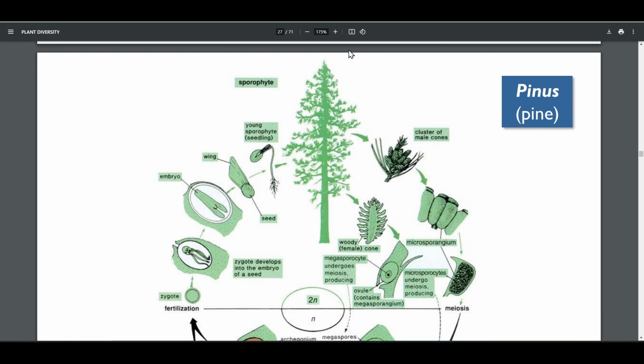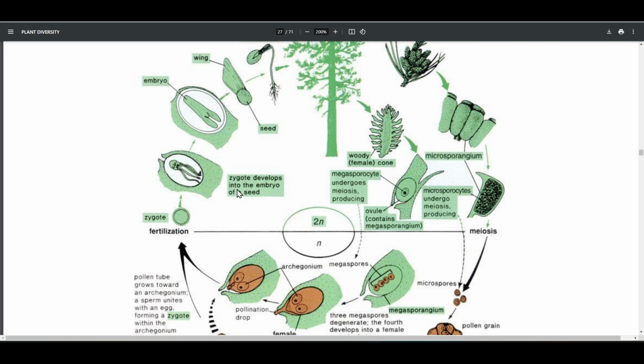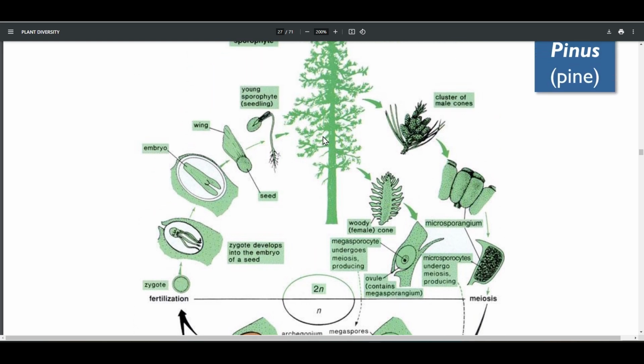And then this is the cycle. Okay, let's see how I should explain this. You have the zygote here after fertilization. It develops into the embryo of a seed, and this is the seed with a wing. This wing helps, I believe, as you can see in some documentaries, the seeds spiraling down, flying from the mother plant, which helps dispersal, so it lands hopefully further from the parent to avoid competition, and it will germinate and grow.